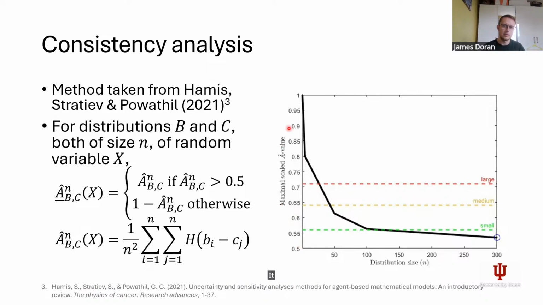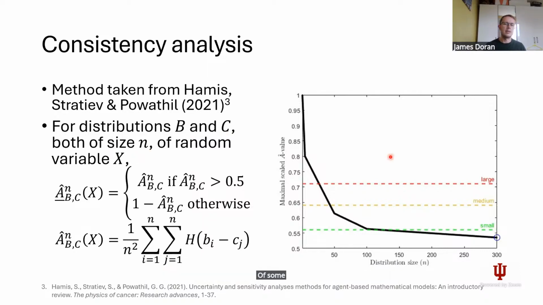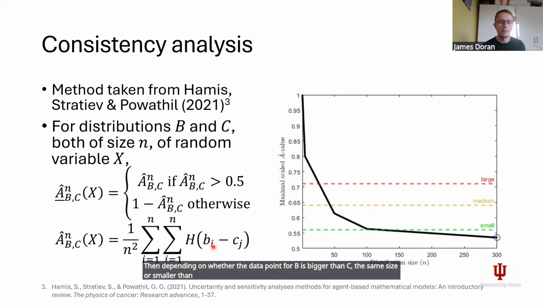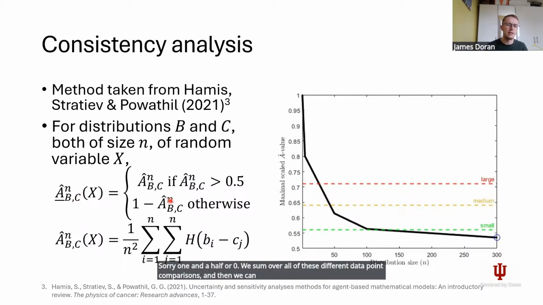It was based on this quantity, the A hat value, and the formula showing how it's calculated is shown here. If we have two data distributions B and C of some size n, and we take a random data point from distribution B, Bi, and compare it to a data point from distribution C, Cj, then depending on whether the data point from B is bigger than, the same size as, or smaller than the data point from C, this Heaviside function outputs 1, 0.5 or 0. We sum over all of these different data point comparisons, and then we can eventually calculate these A hat values,